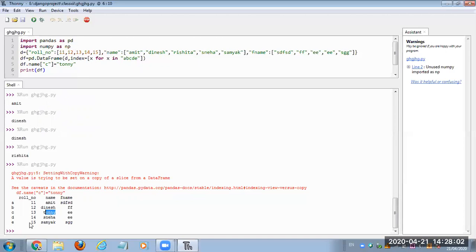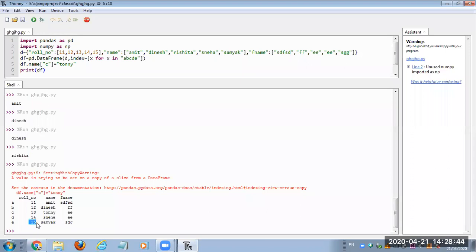Okay. Now suppose I want to change this 15 so that there should be 500. Then what should I write? Samyak, what should I write? Instead of this 15, I want 500. In the roll number column there is an element 15.